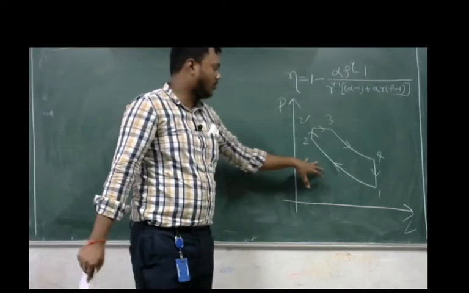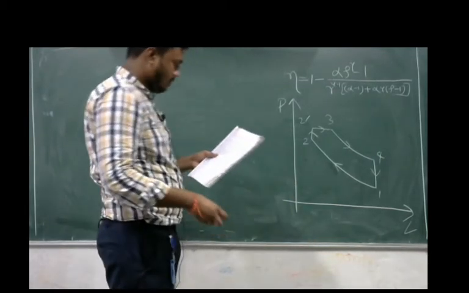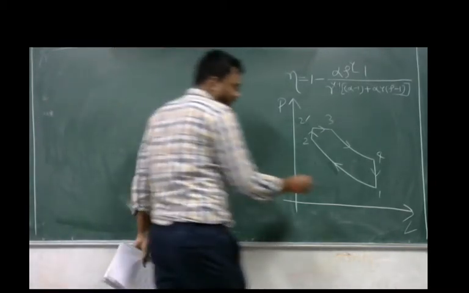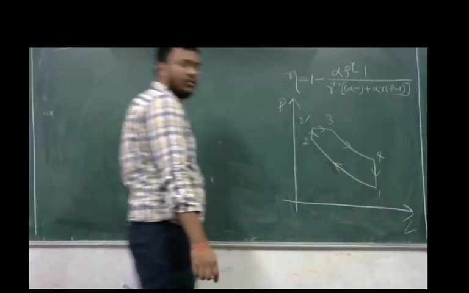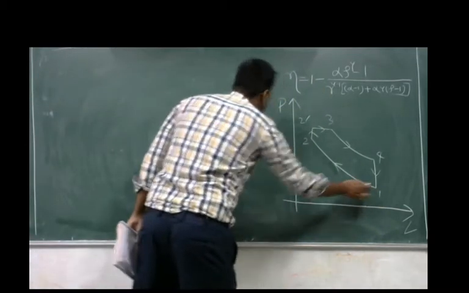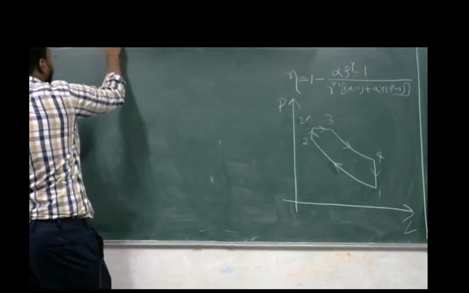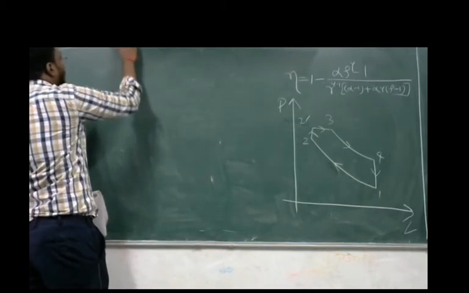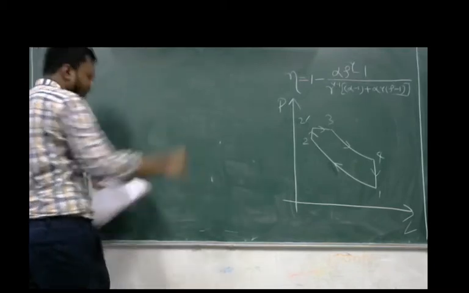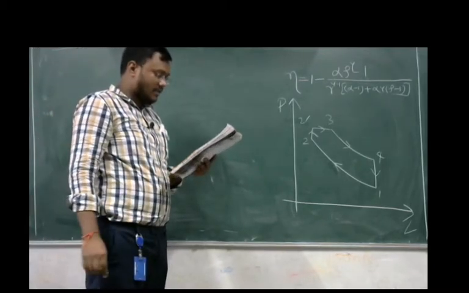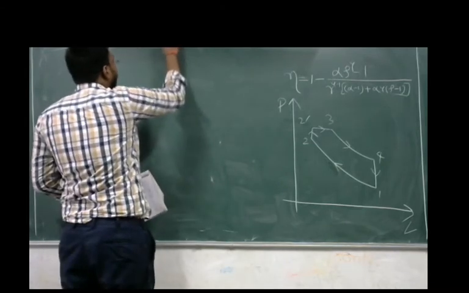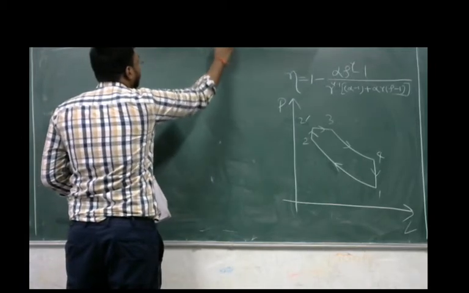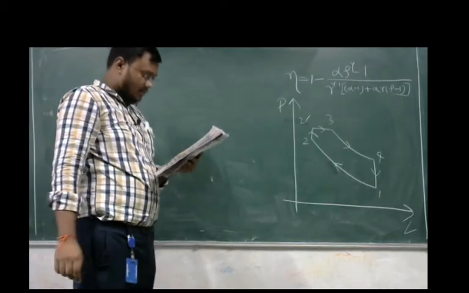So this is the diagram for the dual cycle. Here the pressure and temperature at the beginning of compression are given. Beginning of compression means at point 1. At point 1 the pressure is given, so P1 is given equal to 1.03 bar. And the temperature is given equal to 30 degrees Celsius. T1 is 30 degrees Celsius, which when you convert to Kelvin comes to 303 Kelvin.